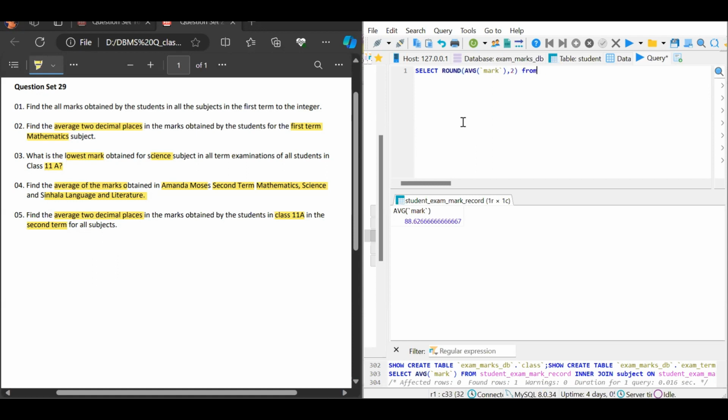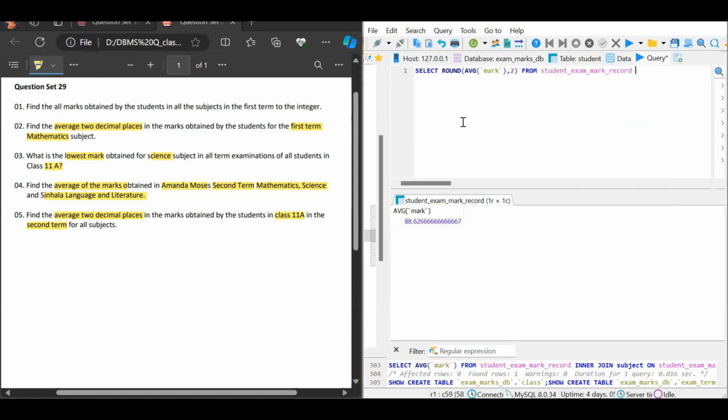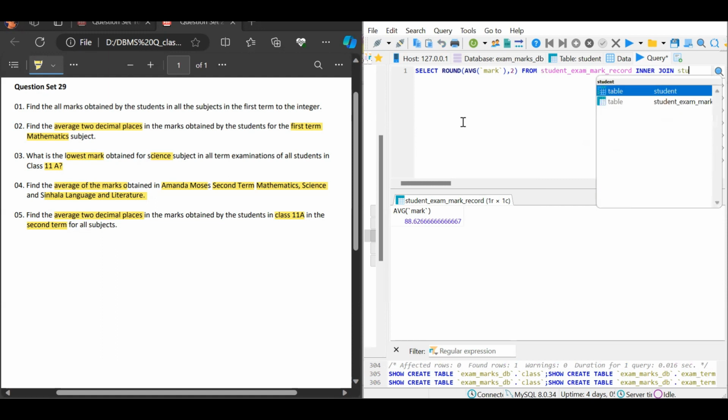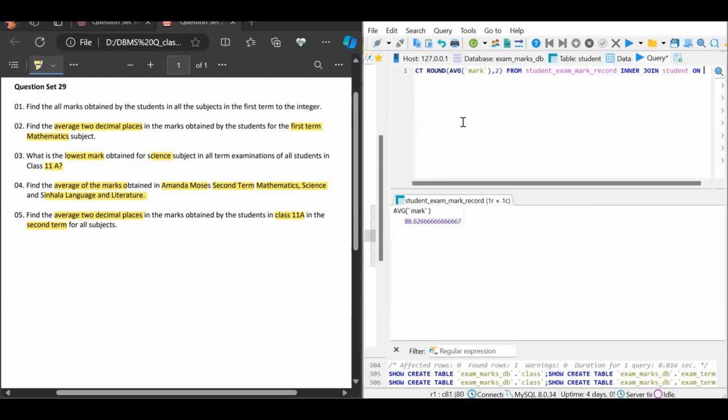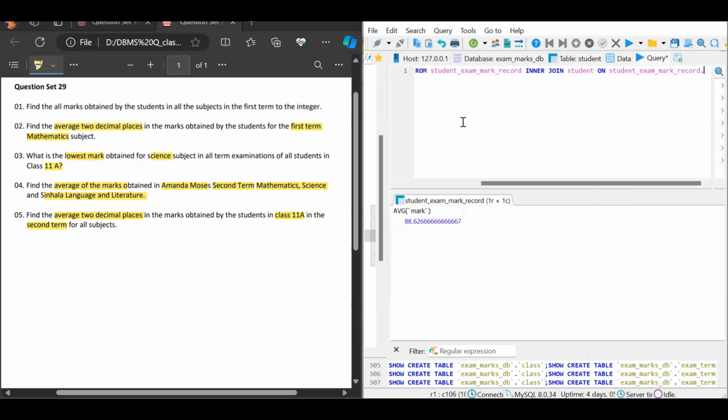So then after that we can use the from keyword as usual and student exam mark record table, and then we use an inner join here to join the student table, as student table is joined with the class table. So then we use the on keyword here and student exam mark record table dot the student index number equals to student table dot the index number,